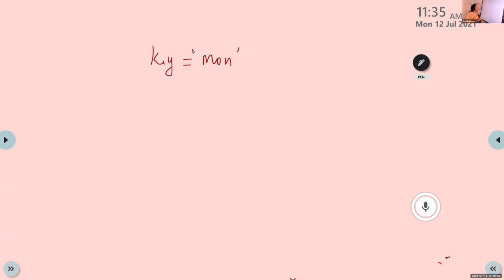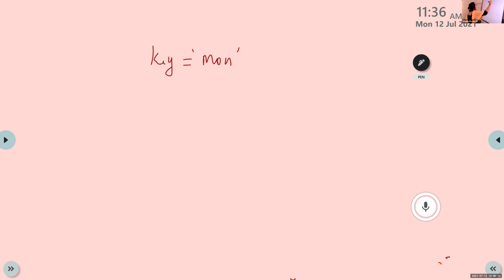Value name is day. Index name is number.